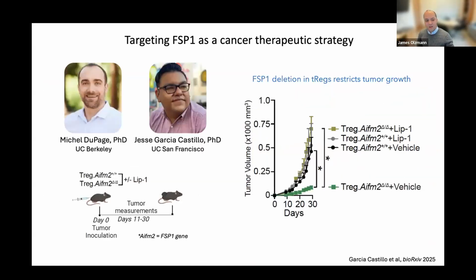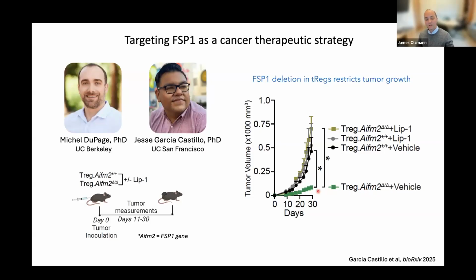So we also know from a collaboration with Michael Dupage and his graduate student at the time, Jesse Garcia Castillo, that targeting of FSP1 in non-tumor cells may also have therapeutic benefit. What Jesse did in this experiment was he knocked out the gene encoding FSP1, AIFM2, in T cells or in Tregs. And very strikingly, he saw that knockout of FSP1 in Tregs, the gene being AIFM2, resulted in strong